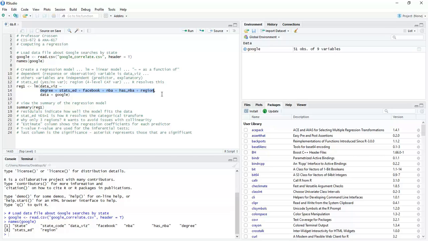R resolves this. It's smart enough to understand what the issue is here to avoid some issues in the regression. So I'm putting this into a data frame called reg1 for regression 1, and I'm saying the data selected is from the Google data frame that I created earlier. So let's run that,